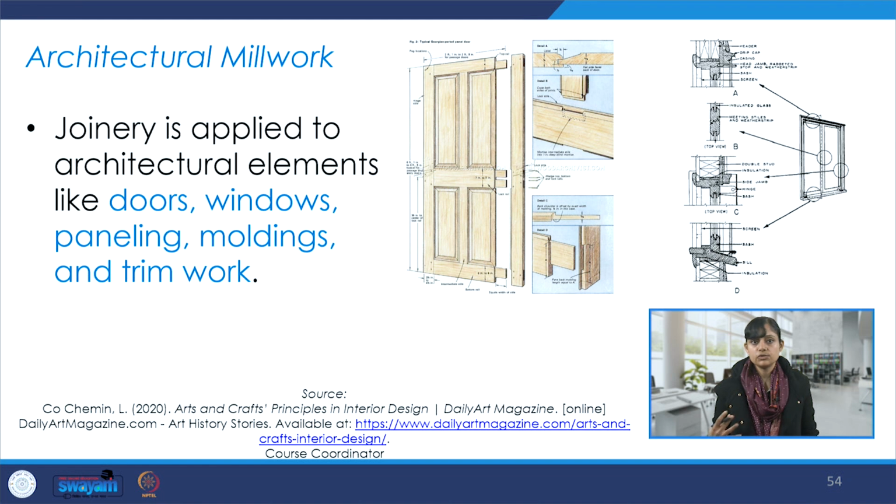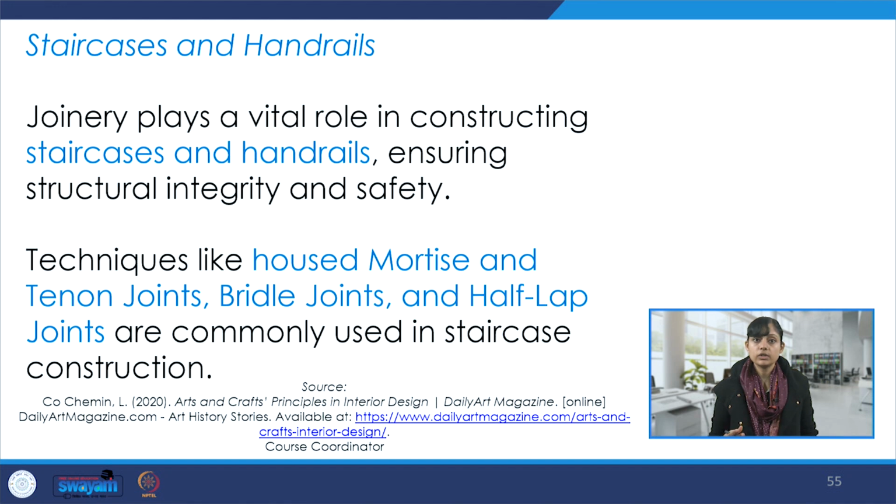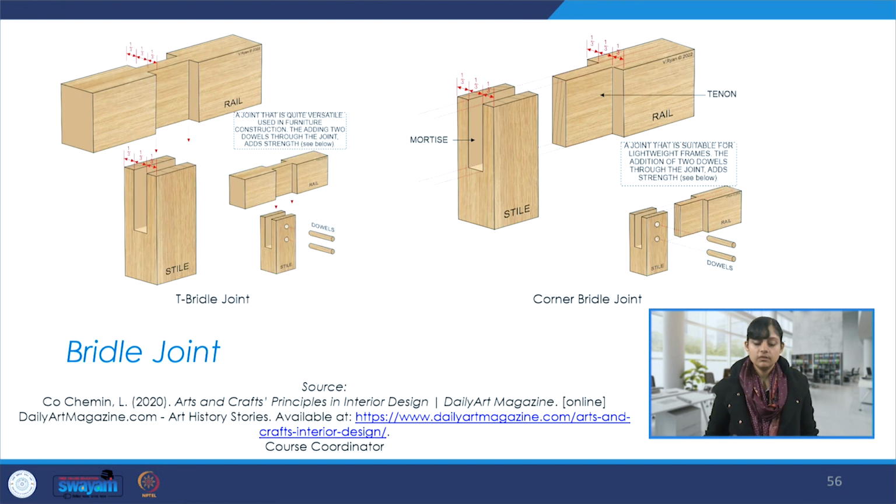We saw architectural millwork and how joineries apply to architectural elements like doors, windows, paneling, moldings, trim work. And we saw the importance of joinery and the vital role it plays in constructing staircases and handrails. We tried to understand something called the bridle joint. It's two types: